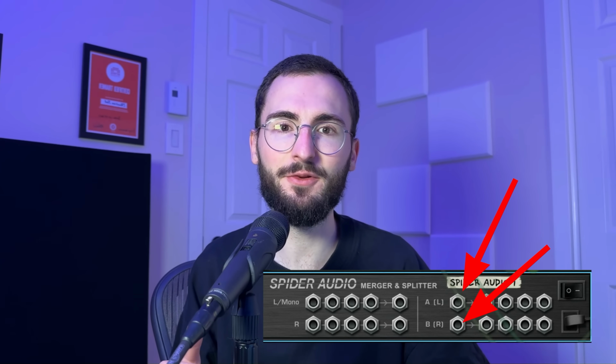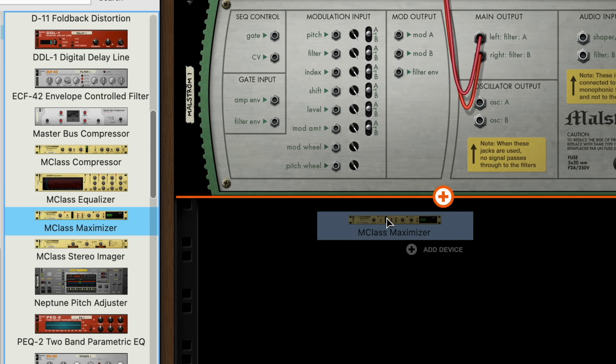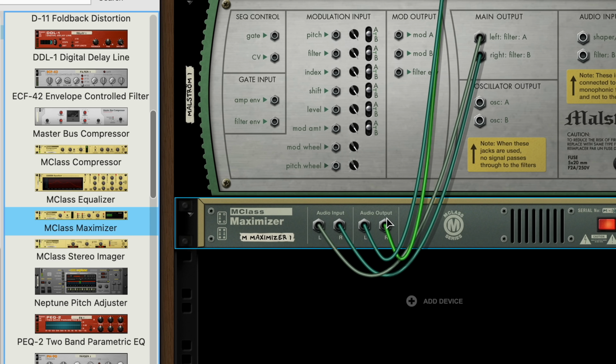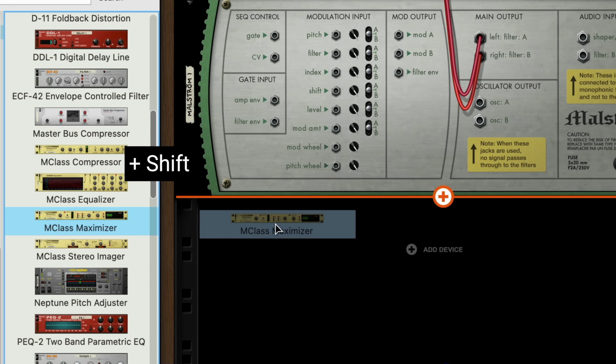And usually you have separate cables for left and right signals, and if only the left cable is connected, the signal will come out in mono rather than just coming out on the left. By default, effects will be wired automatically, so they take effect wherever you drop them in the rack, in that position. However, if you want to add a device without any automatic wiring, you can hold shift as you